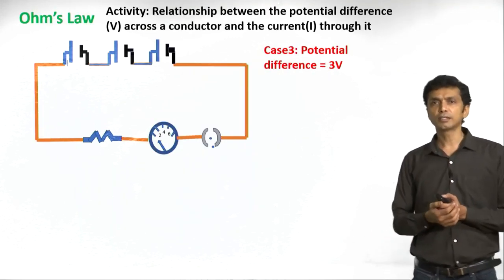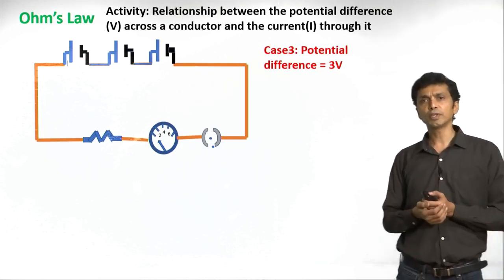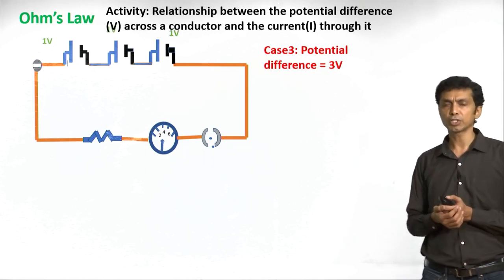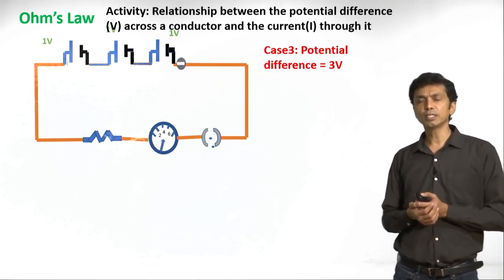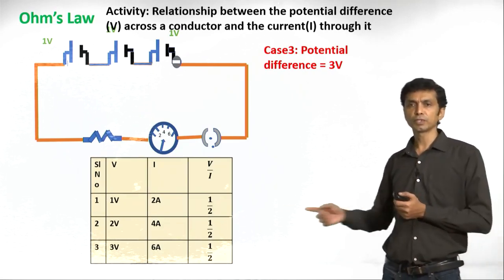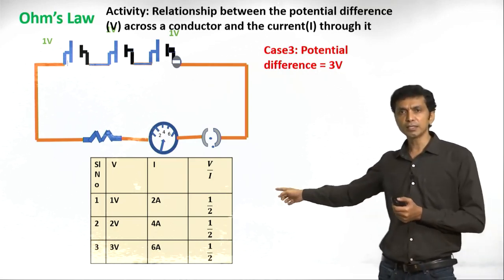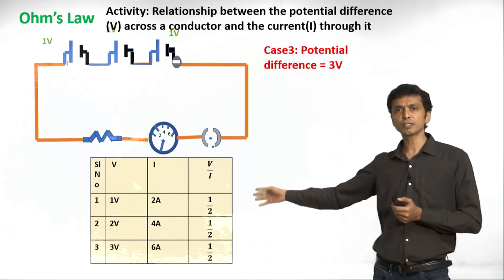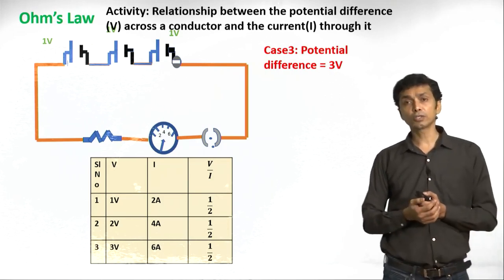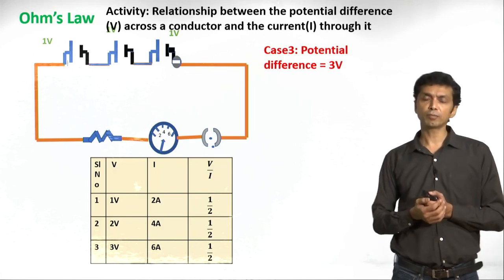Go to the case 3, that is the last case. We can go on, but for time being we are increasing it, the third battery, we are adding 3 volts of electric current or potential difference. So, now we shall measure the electric current, it is 6 amperes in the ammeter. So, again the ratio is 1 by 2, the current is increasing when we increase the potential difference, but the ratio is still the same. These are the 2 observations we can find from this experiment.